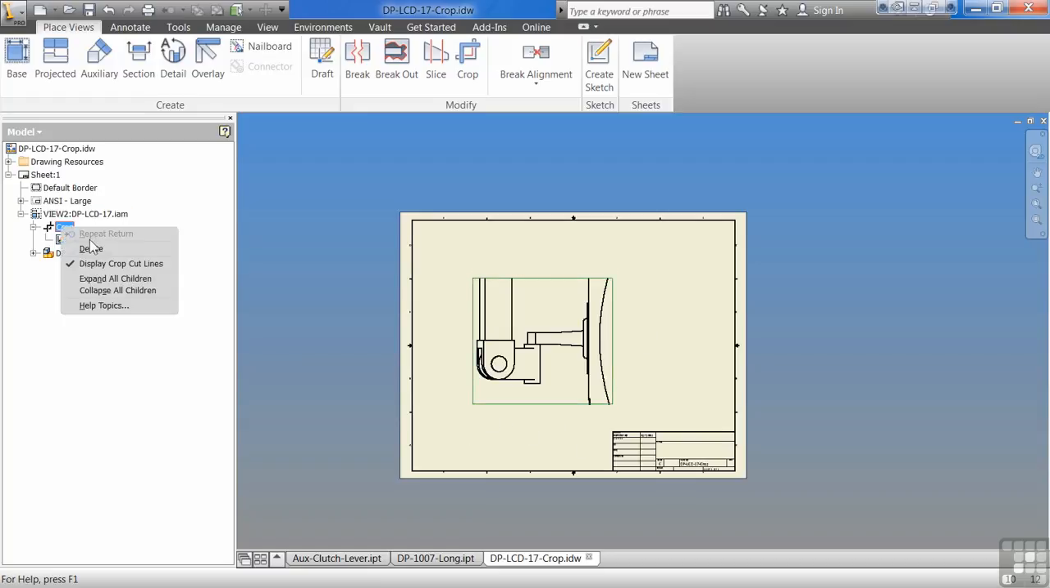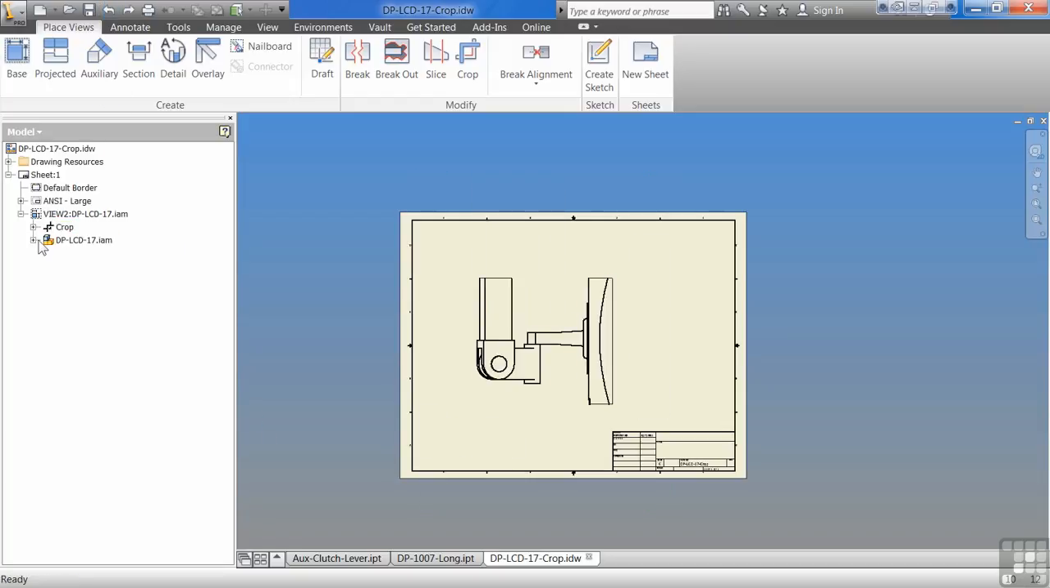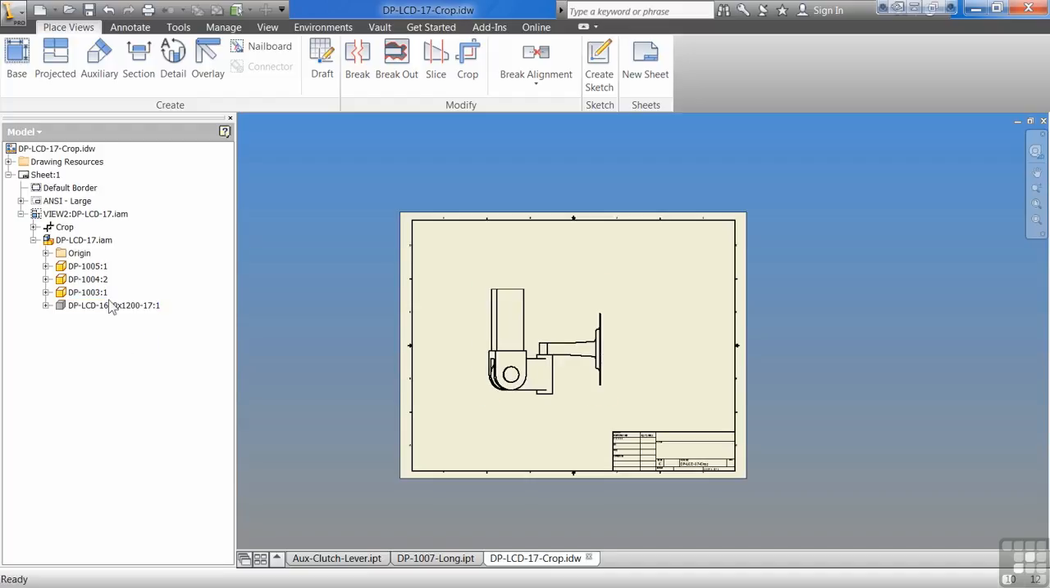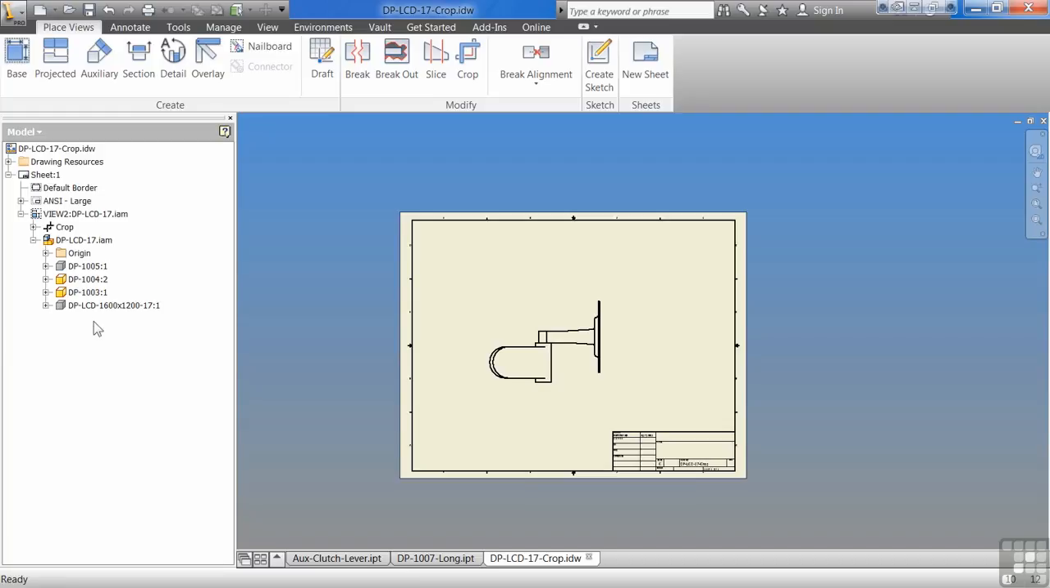We can delete the crop without deleting the view. And just like everything else, we could turn off visibility on objects and only show the objects we want to show. So if we wanted to isolate it down to those two parts. So crop's a real quick way to get a very finite amount of information that you may want or not want to be shown. So let's open up the